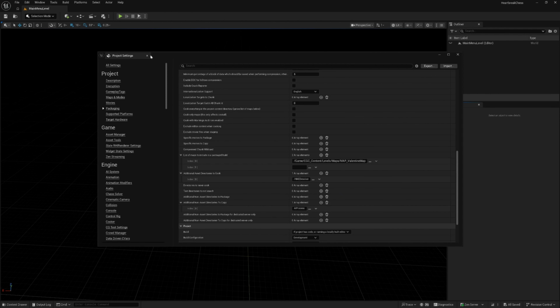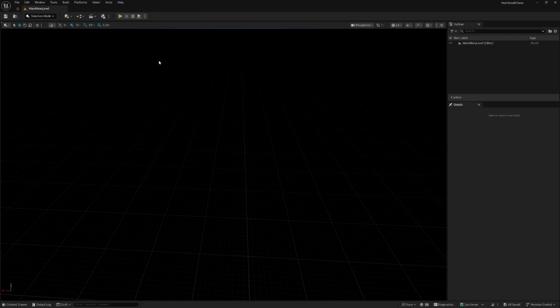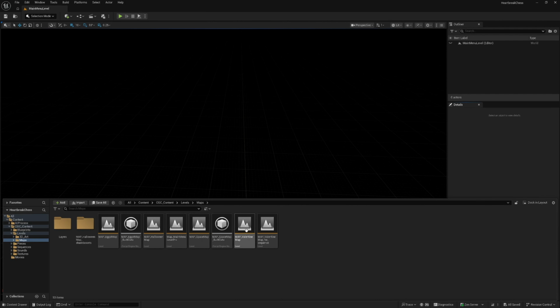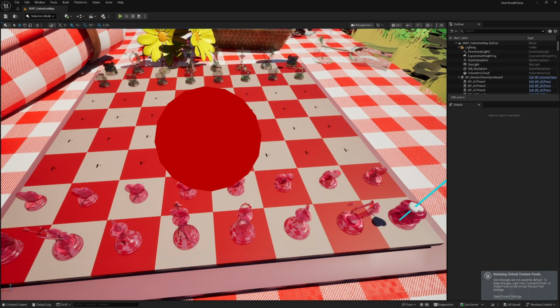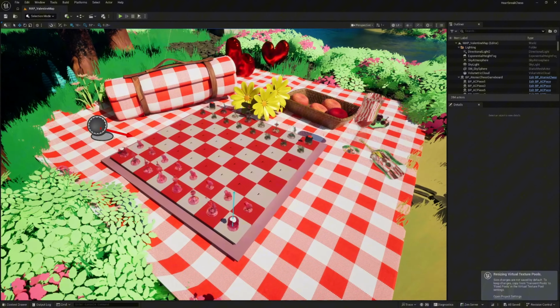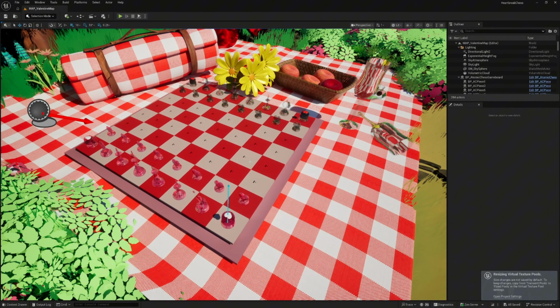So once you're done with that, you can close out your project settings here. And then the next step is we want to make sure that our AI process is pointing to the right location. So I'm going to go to my content drawer here, and I'm going to open up my Valentine's map, because that's the map where I have this game mode that I'm adding the AI to. And then now that I have the map open, I'm going to select the board,